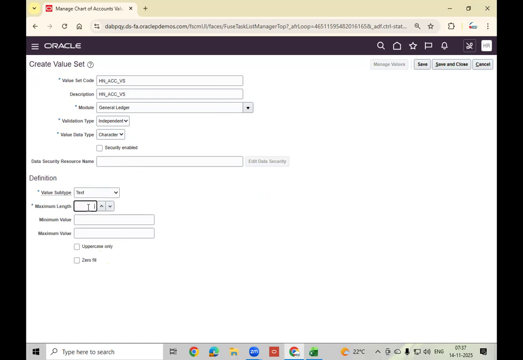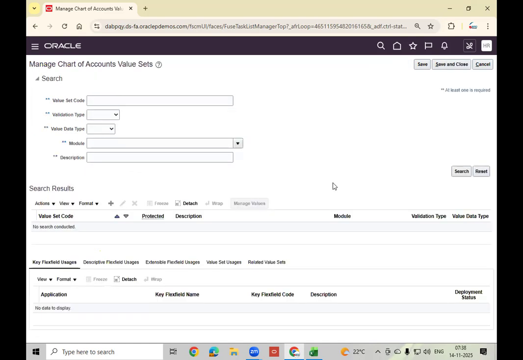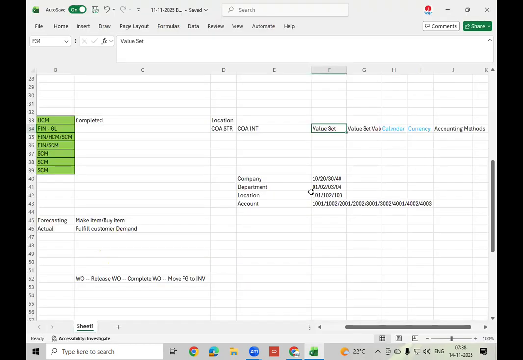So it is 4, right? 4 characters. Now value set completed. So this value set is completed.